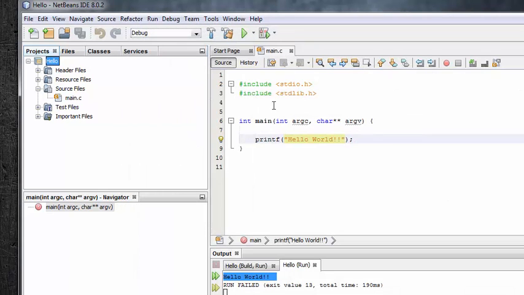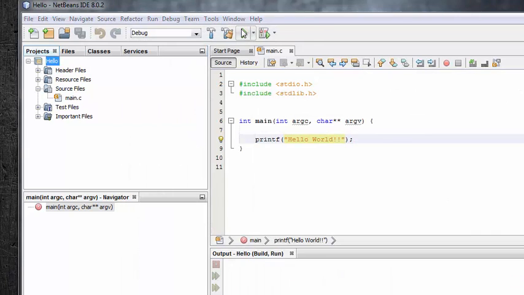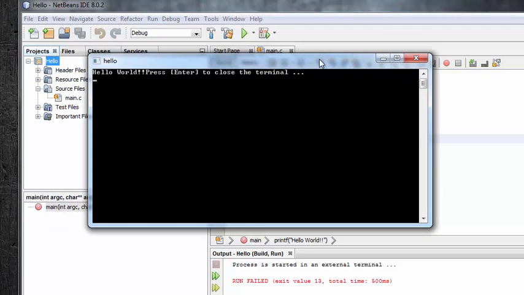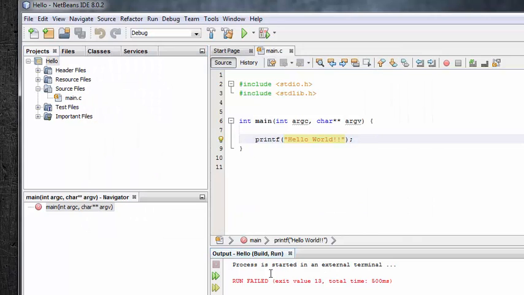Click OK. Now try to run. Yeah, here you can see the output is displayed in the external terminal. If you wish, you can set them to default internal terminal, or else you can switch to this.